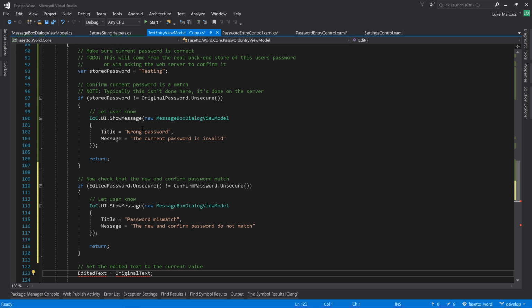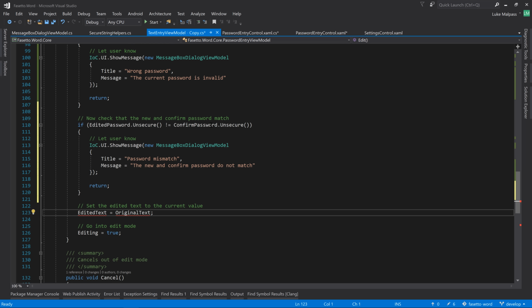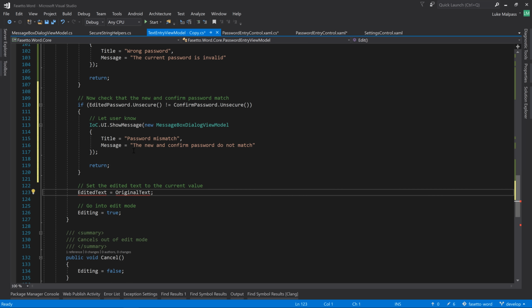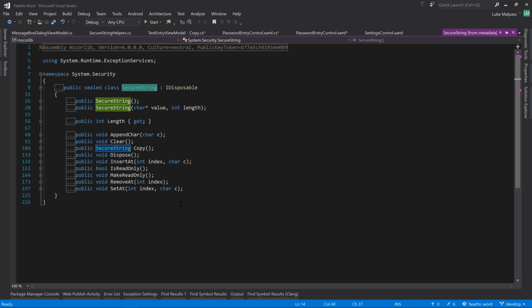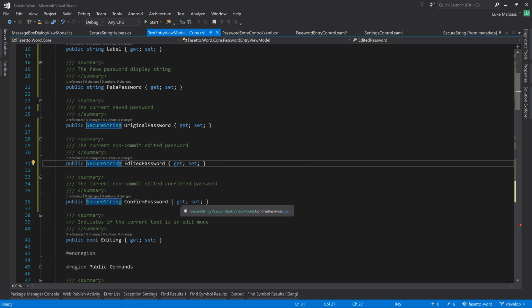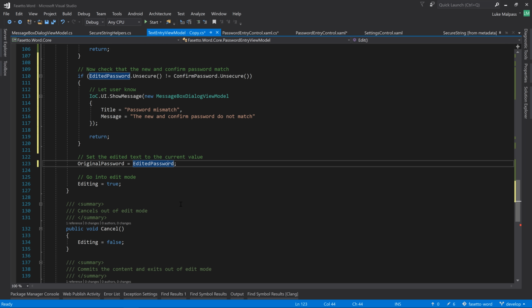So this confirms that the original password is testing, and that the new and the confirm match. And then if it is, you want to update the original password equals the edited password. And now this thing would actually become the pointer though, because I'm pretty sure that if you simply set this class to another and the underlying content's a pointer, which I think this is, this would actually clone. So what we'll do there instead is